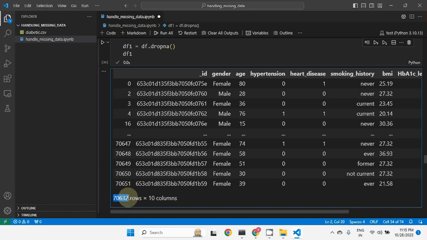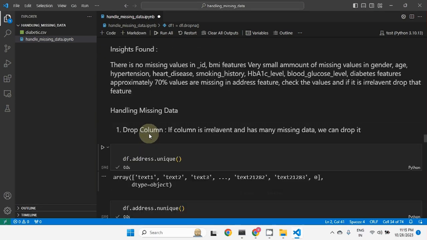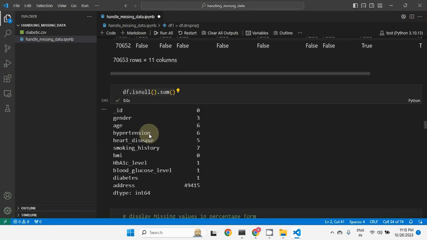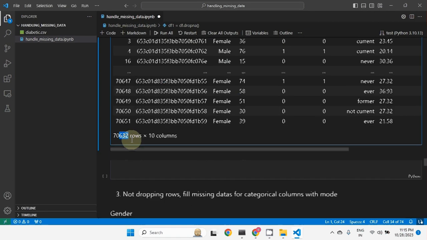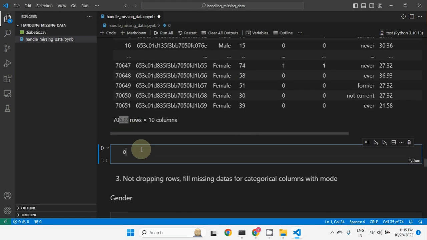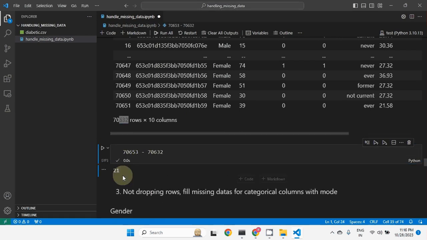See the number of records that are dropped: 70,632 are remaining, and earlier it was 70,653. Let me show you. 70,653 minus 70,632. If we do this, you can say 21 records have been dropped, and this count is very small, that's why we can proceed with this. But actually this approach is not right when we have a huge number of missing